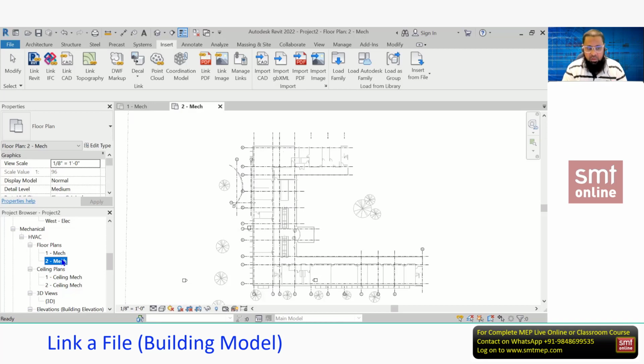Why do we have to link the project directly? We can't work on the architectural file directly. Good question. You see, the advantage of link, the link is like XREF. XREF is in AutoCAD. So you can relate this with the XREF in AutoCAD. Why is the XREF required in AutoCAD? Why we cannot directly use that architectural file to deal with the ducting or piping? We should not modify that one. That's why. Yes. It's similar to that.